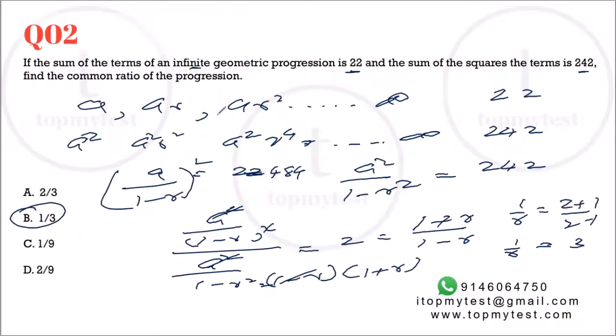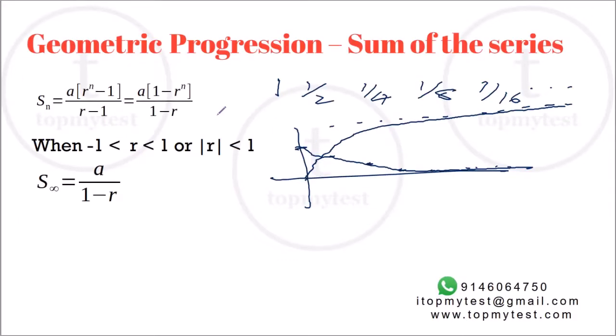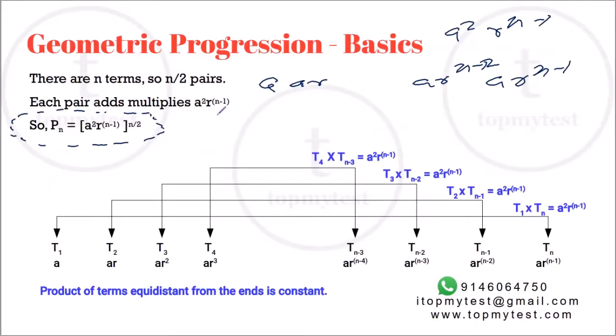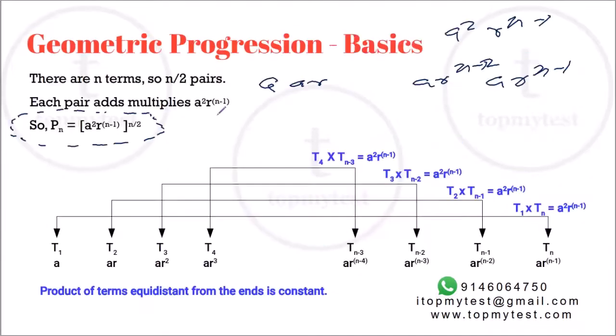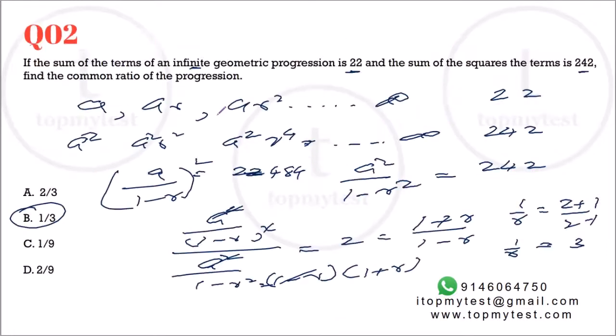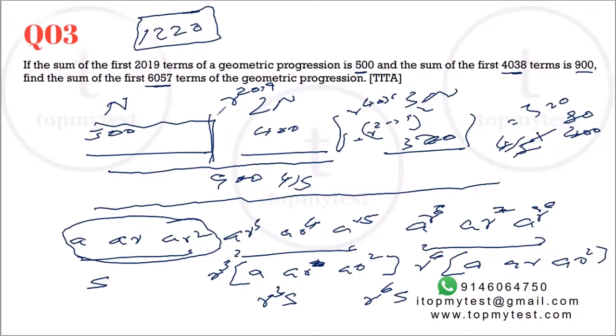Right? So you can use this concept of geometric progression, the constant multiplier, in a very clean manner. You don't need to use a lot of formulas to be able to solve geometric progression problems. Geometric progressions come very frequently, especially as a part of an arithmetic geometric progression. A lot of students actually leave these questions, but if you understand the basic concepts, the questions are actually not very difficult to solve.